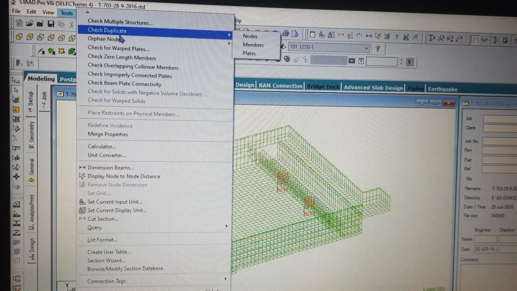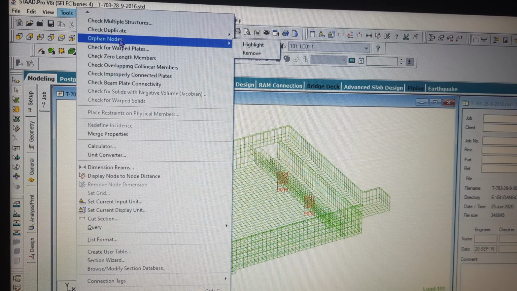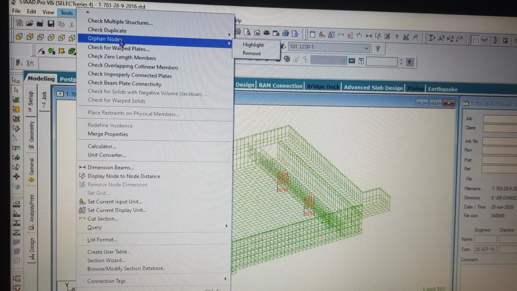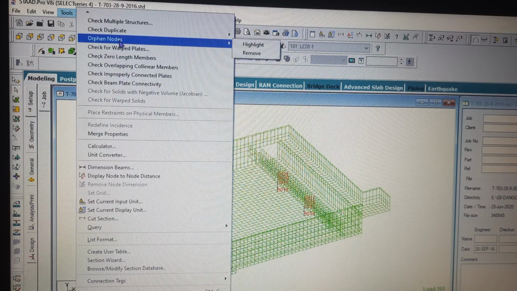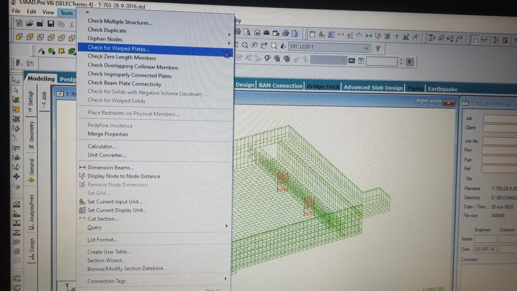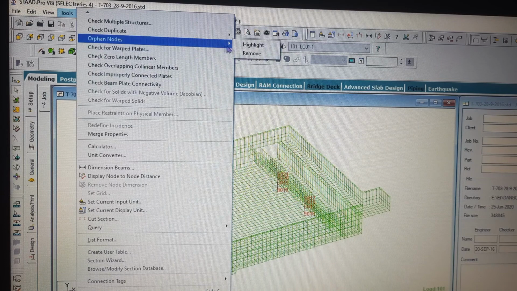Now orphan nodes. While modeling, if you have created some nodes which you have forgotten, and they are not needed in the structure but are placed in a part of the structure, then you can check with this option, orphan node highlights, and remove them also.